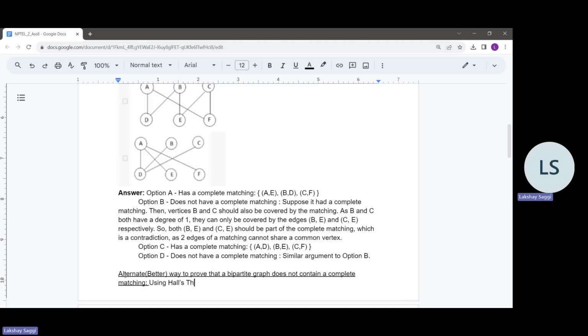I would recommend you look it up because this has been covered in lectures, and Hall's theorem is one of the most fundamental theorems in graph theory. If one is studying graphs, one should definitely know about this theorem. So yeah, it is an important theorem. So using Hall's theorem,